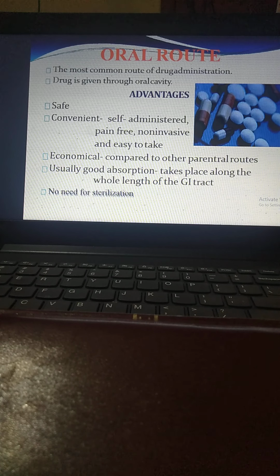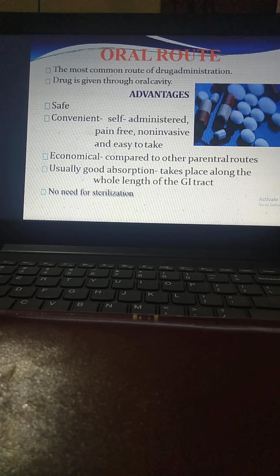Usually good absorption takes place along the whole length of the GI tract. There is a vast area; it starts from the mouth till the rectum. So absorption takes place all along, depending upon the pH, the pKa, and the blood flow, and all these things are very important so far as passive diffusion is concerned. There is no need for sterilization. We just need clean hands and a full glass of water, and then we can take the